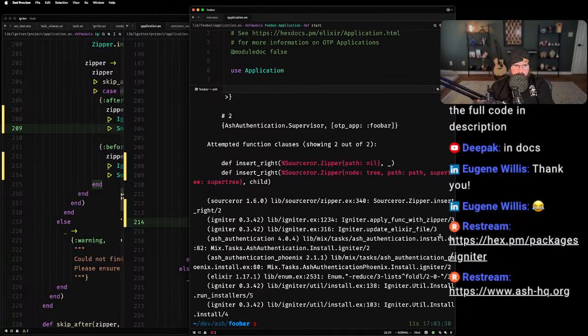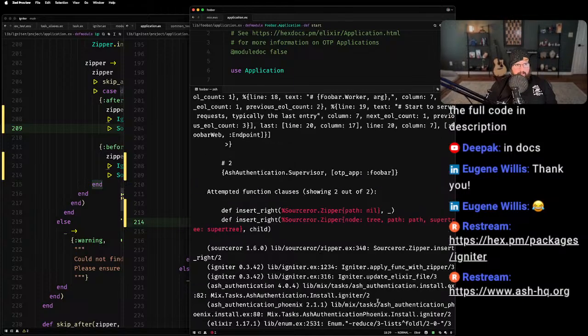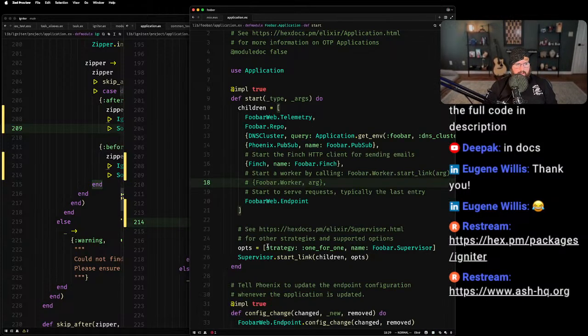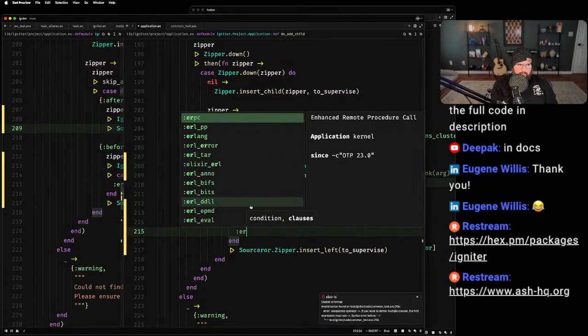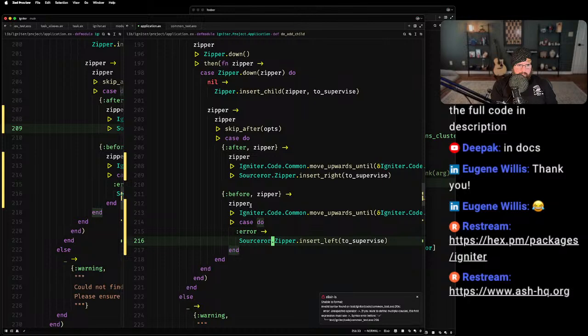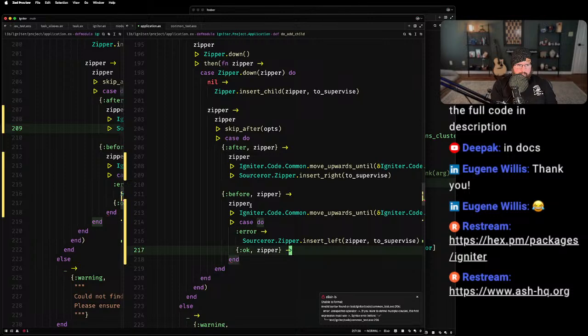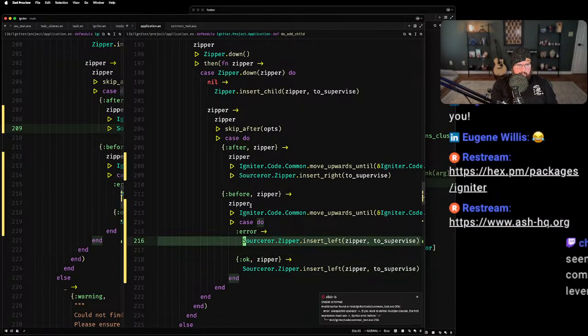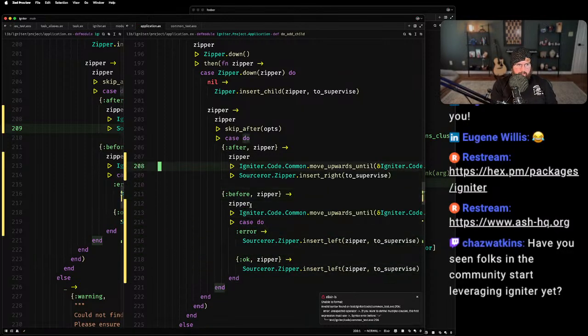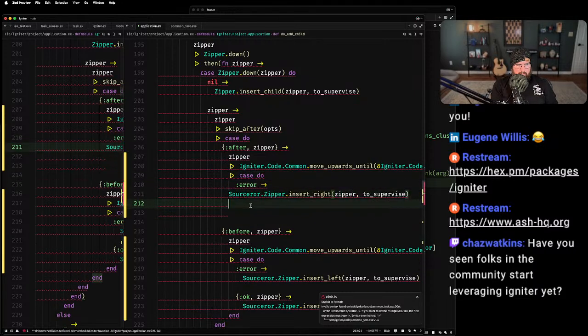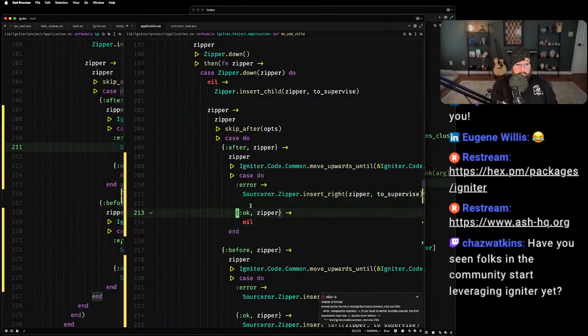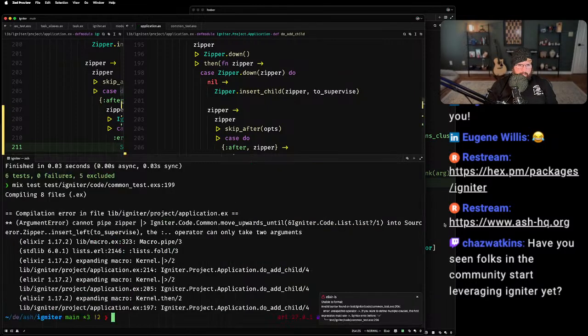Believe in the heart of the cards. Ah, shit. Zipper.insert right. All right, because okay. This is pretty stupid, actually. But it's fine.